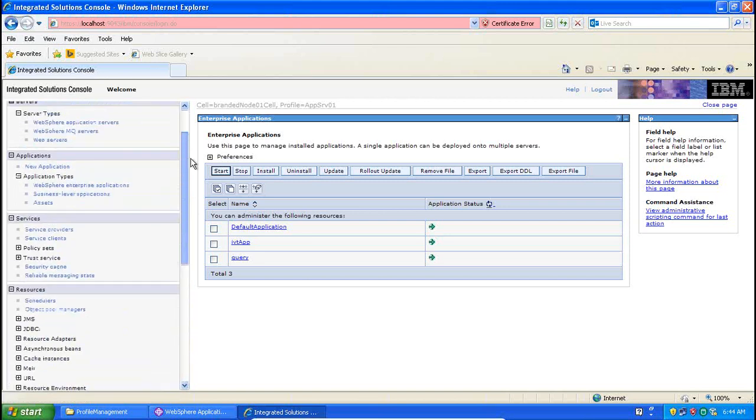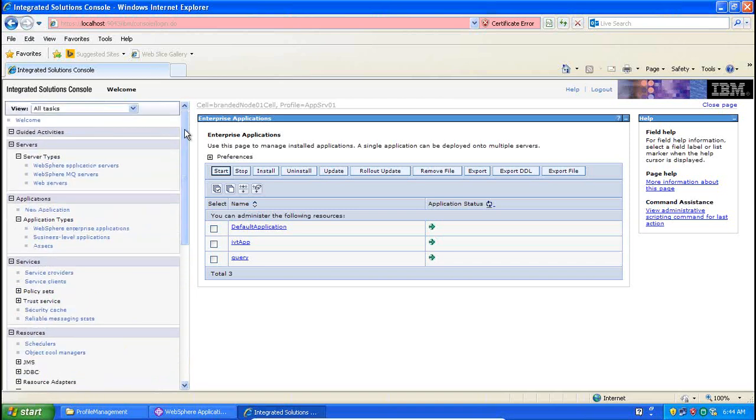So in console we do complete WebSphere administration. Console is the environment for us to perform WebSphere activities. Are we clear? Okay, so that's it. This is about standalone installation.